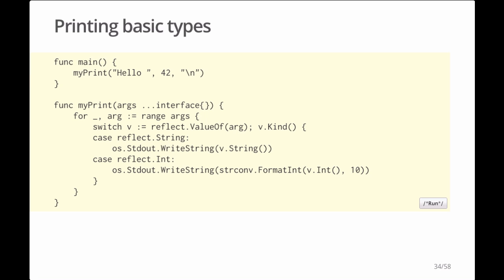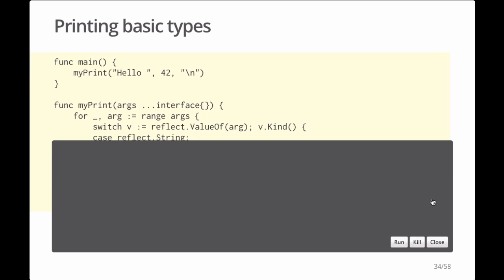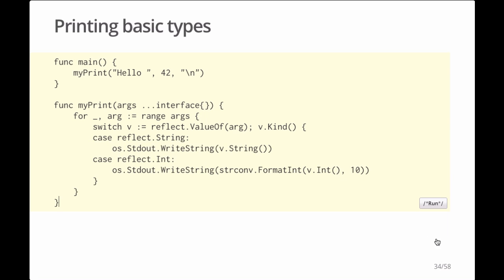If the kind is reflect.Int, then myprint fetches v.Int, the underlying value as an int64, and it calls strconv.FormatInt to turn that into a decimal string, and then it writes that string to standard output. And so if we run this program, it prints hello 42, just like the other one. Of course, this baby print only prints strings and integers, but to add other types and get a more full-featured printf, it's just more of the same. In particular, if the kind is reflect.Struct, then there are more questions you can ask the reflect package to find out the names and types of the struct's fields, and also the values of the fields in the specific value v.